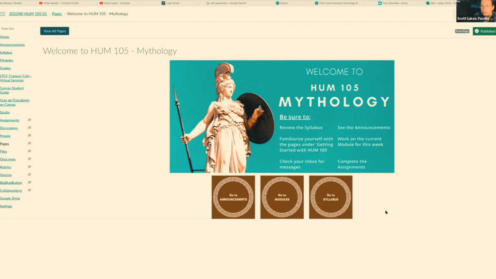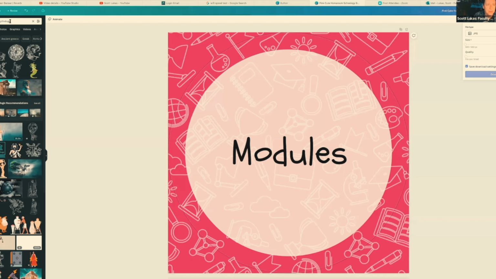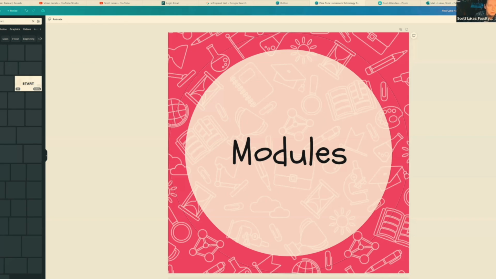If you want a video on the homepage, you can do that as well. And anything really could be here. Probably like we're talking about with our navigation menu, maybe you wouldn't want 15 buttons. I think having 3 or 5 or whatever is probably a good idea. Some people have just one button and it says start the class. So you could go to Canva, as we talked about, and in the menu here type the word start or get started, and you will